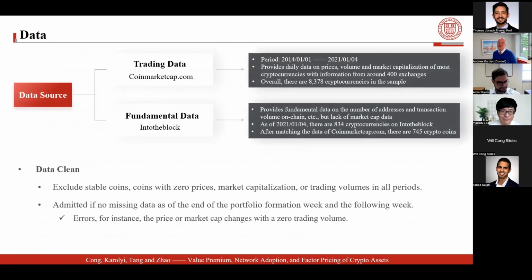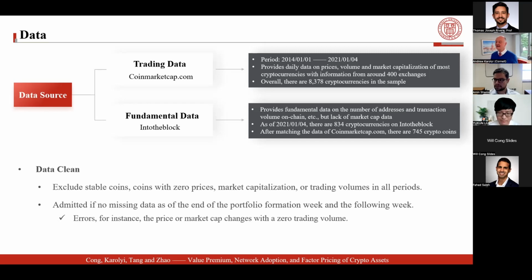The reason this paper can be written is because we basically are mashing up two big databases. The CoinMarketCap database, which a bunch of the papers now use. And this gives us a harvest of 8,000 plus cryptocurrencies in the sample. And then what we're going to do, this special categorization analysis that's in the third and fourth part of the paper, is mash this up with the IntoTheBlock fundamental data, which gives a lot of data on addresses, basically the take-up that's happening on each of these types of tokens, and how much actual volume of activity, the real activity that's inside these currencies.